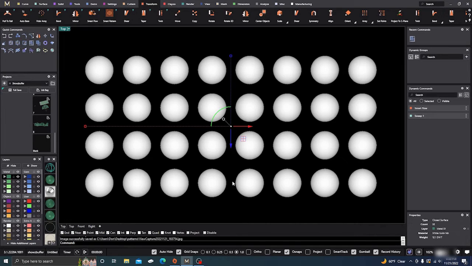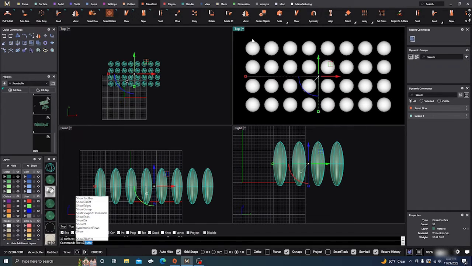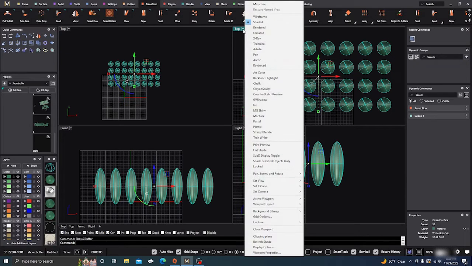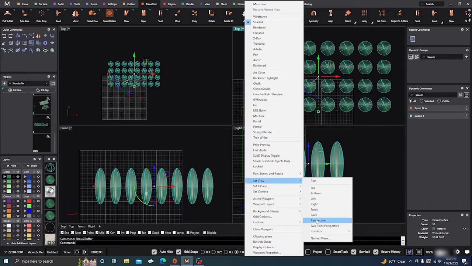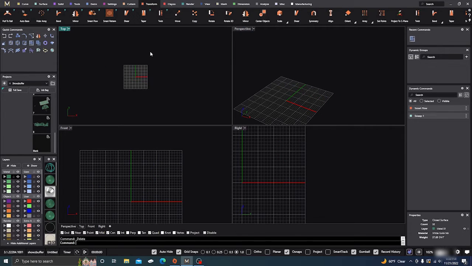Okay, so now I'm going to go back to my viewport, and I'm going to first go ahead and type in show ZBuffer and hit that, so it'll deactivate ZBuffer, and I'll go ahead and change this to my perspective. Alright, and then we want to just go ahead and get rid of those. Okay, now we're going to go to our line command, and we're going to type in